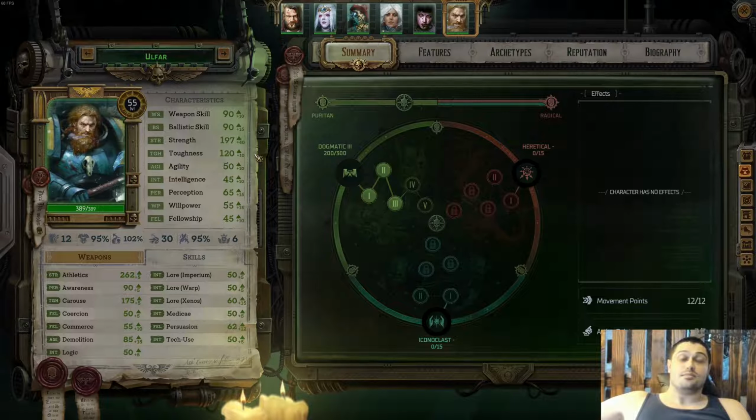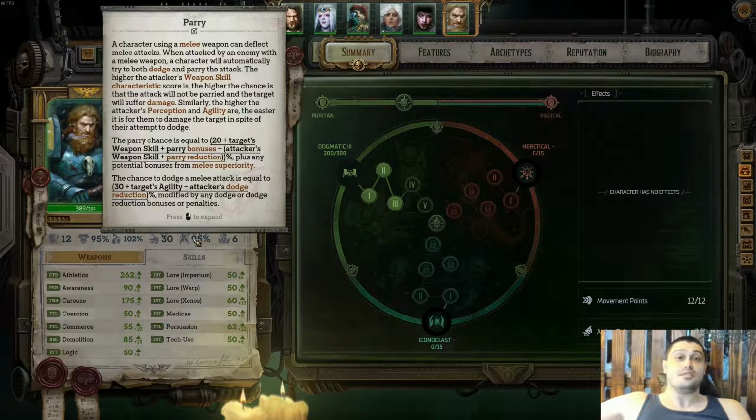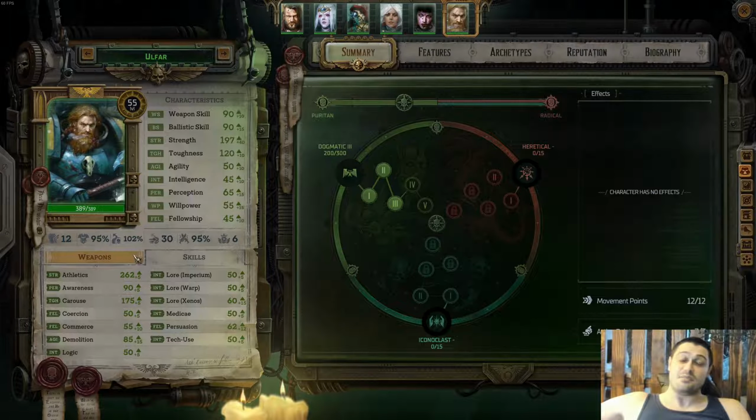What are the most important characteristics on Ulfar? By far, it's strength and toughness, and then it's ballistics and weapon skill. Everything else doesn't matter that much. As far as stats go, you need high deflection, you need high armor, you need high dodge, and you need maximum parry. That's what comes with his stats basically, because he is extremely strong, but those would be the stats